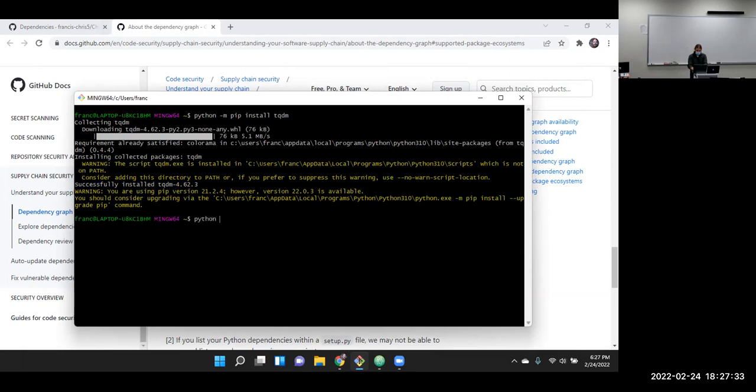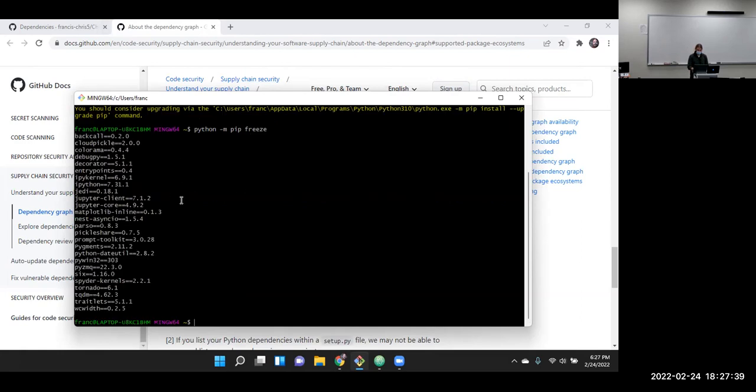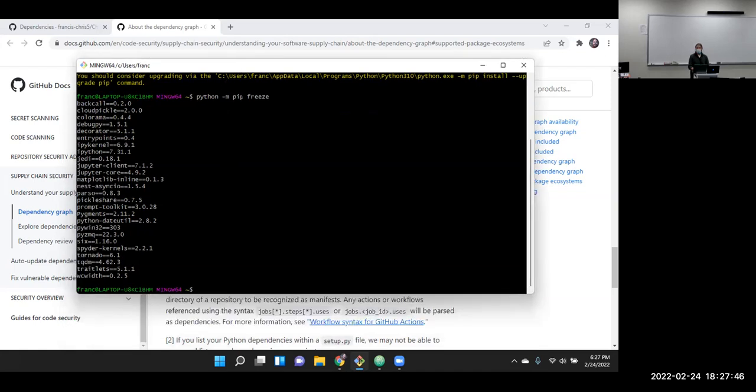I'm going to use the pip module and type in the freeze command. So here is everything that I have installed that is not part of the default Python installation. And these lines right here are what go in the requirements.txt file if we need them. So if we wanted to use tqdm,